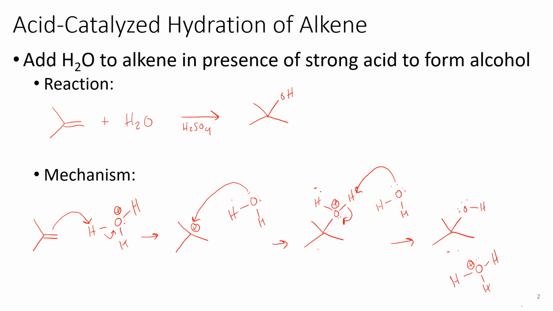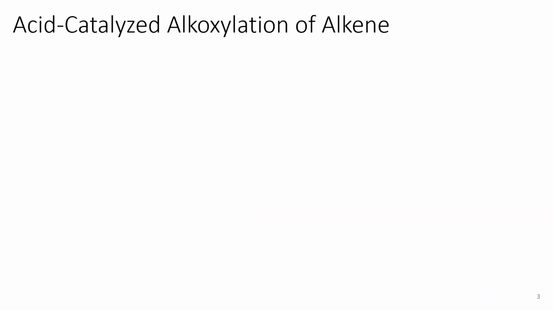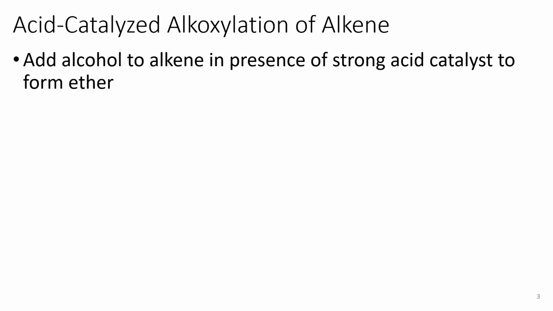So very similar to the mechanism we saw previously, just a change in what the second nucleophile will be that adds to the carbocation. We can also see acid catalyzed alkoxylation of alkenes as well. So in this process, we're now going to add an alcohol to the alkene in the presence of the strong acid catalyst. And this will end up producing the ether instead of the alcohol. So in this reaction,